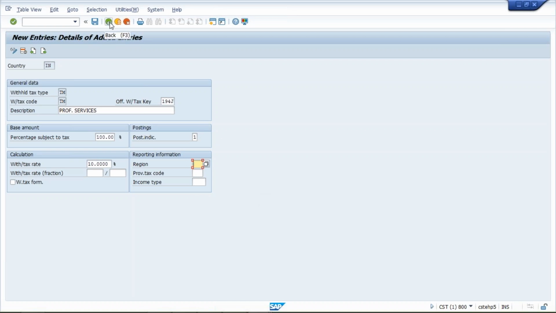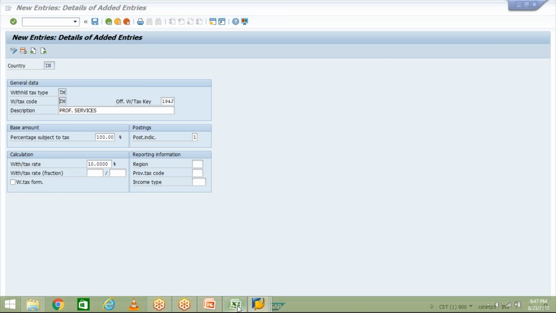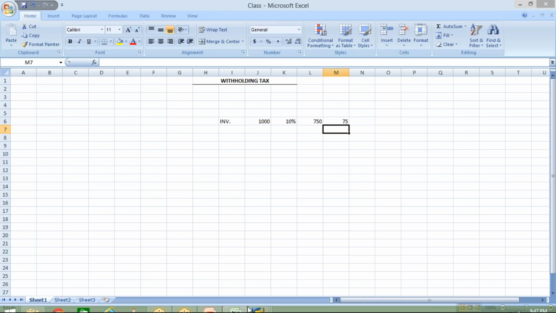Now, here I have created a tax percentage. What is the use of withholding tax type? In tax type, I have selected gross amount. So under one withholding tax type, let's suppose we have created a tax type called TM.